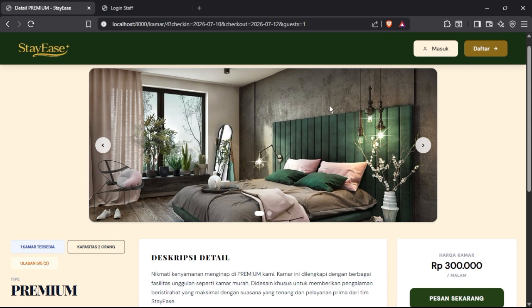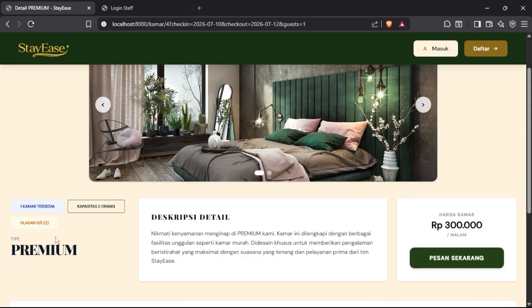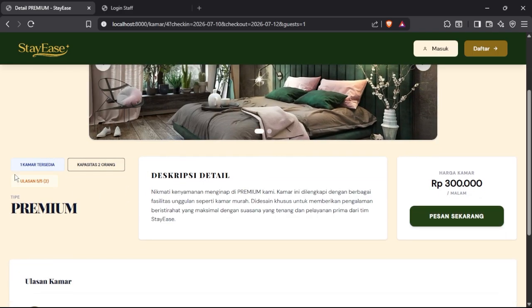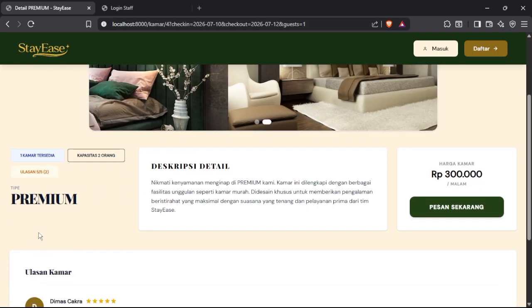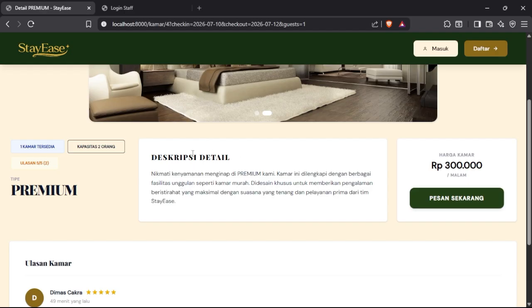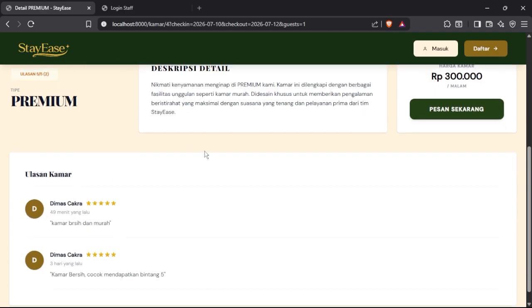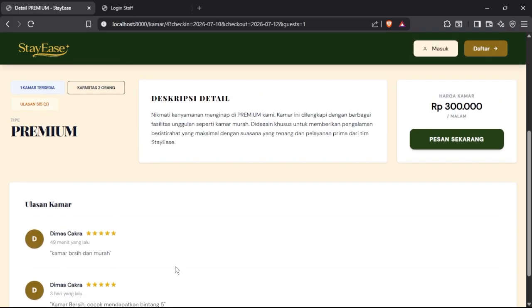Here, the guest can see the photo of the room, the number of rooms available, the capacity, the rating, the name of the type, the description, the full description, the price, and the ratings from other guests.